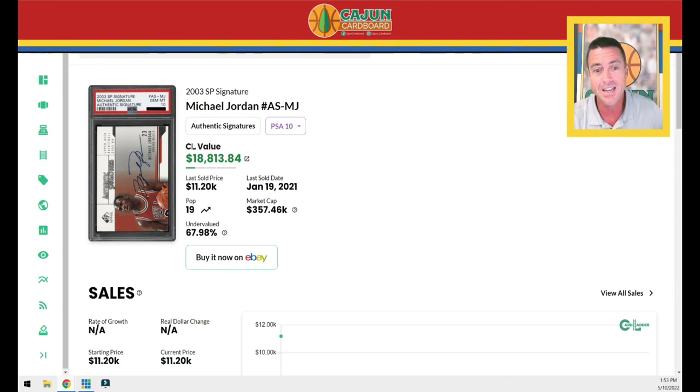So that's it, guys. On the Cajun cardboard scale of relevance, where do I rank this card? I probably put this card as a 7 out of 10. It gets a 7. It's not the most highly sought after. It's probably not even a top 30 or 40 most sought after Jordan insert from the 90s, but in PSA 10 condition, it is pretty dang rare with only a pop of 14,